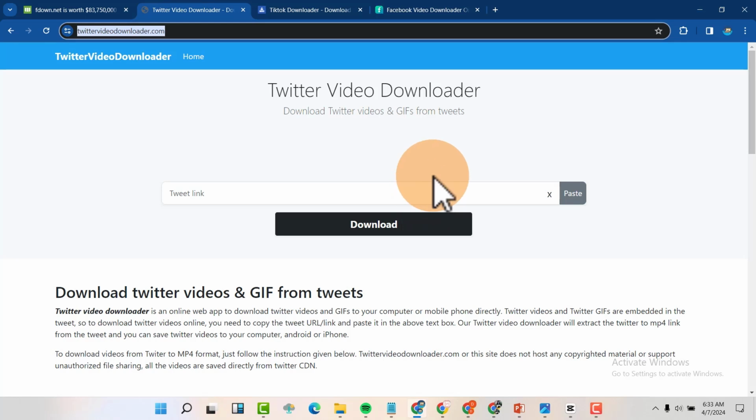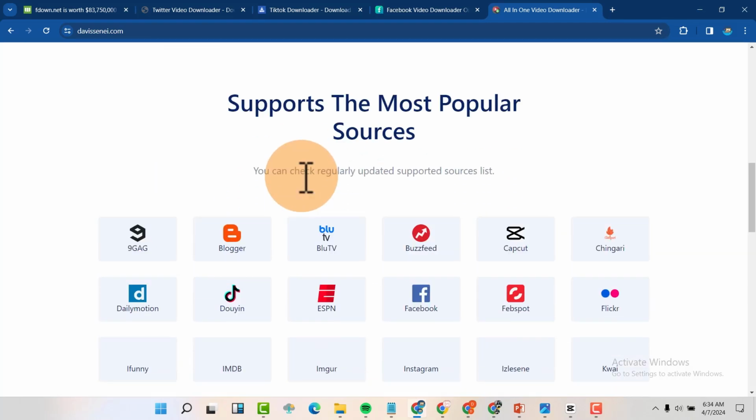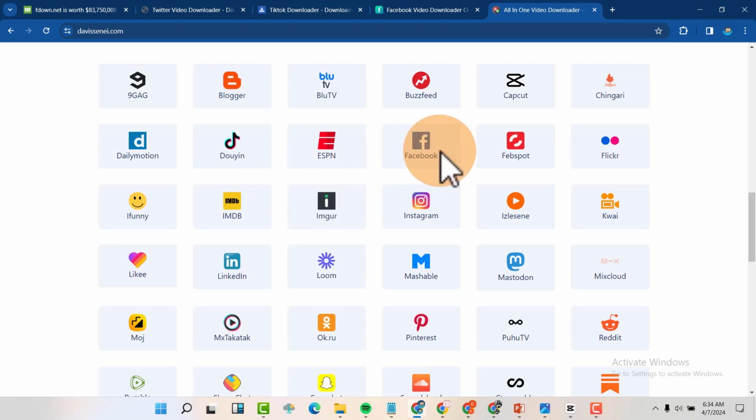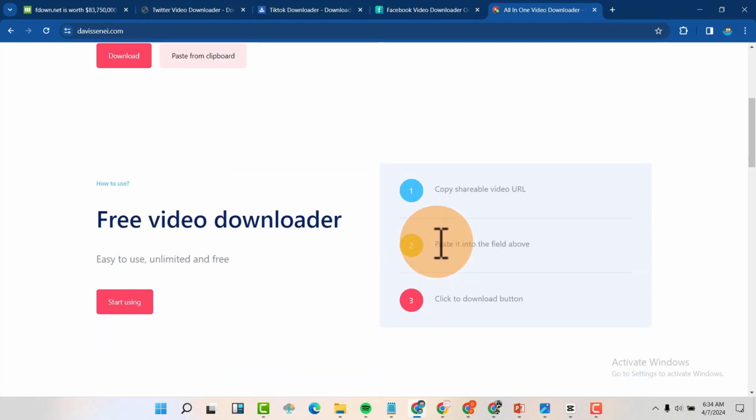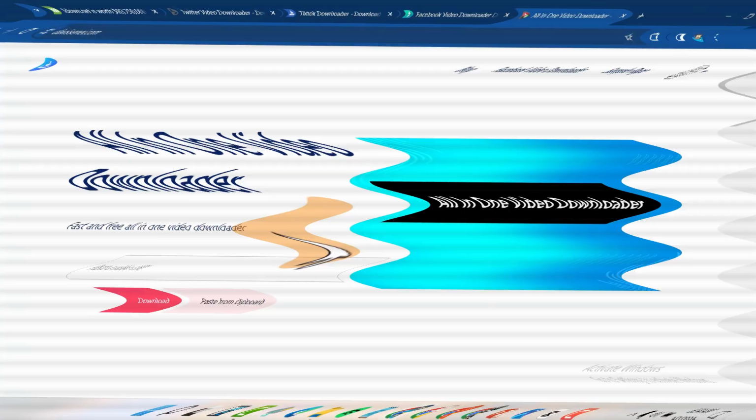So imagine if you could make a video downloader that downloads every video from every platform. Imagine how much you could be making. So I have made this website that is going to download every video from any platform. So from Facebook, Twitter, TikTok, all platforms, Pinterest, people are just going to come, copy the link, paste it here, click download, and they are going to get the video. So I'm going to show you step by step how to make this amazing website so that you can make money from this tool.